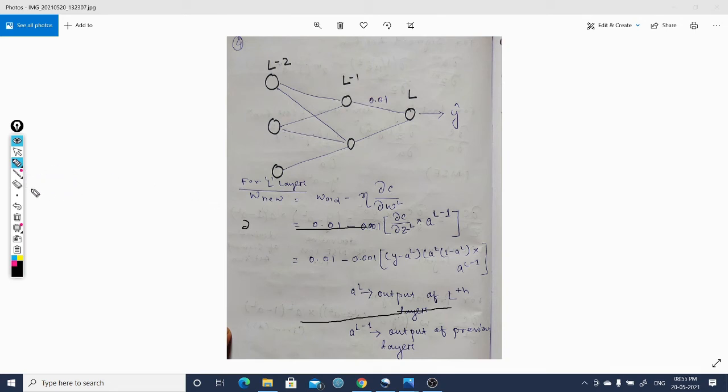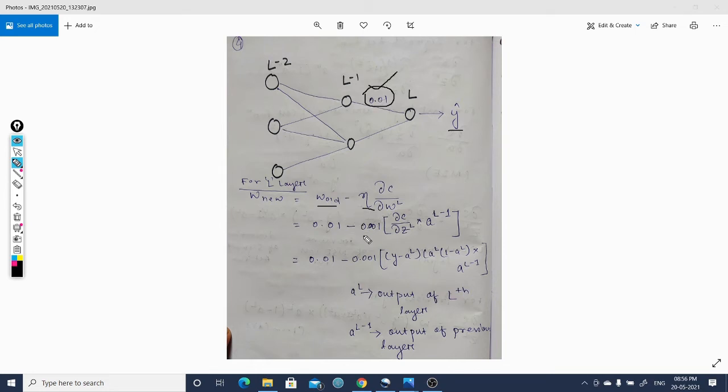Let's see how we are going to update this particular weight. We have given a weight of 0.01 in that particular L layer, so we got our predicted or output value, and we can calculate the loss here. We need to update the weight for the L layer, and it is going to be done according to the derivative that we have already done. For the last layer, this is the old weight, 0.01, that I have already shown you, and some learning rate.